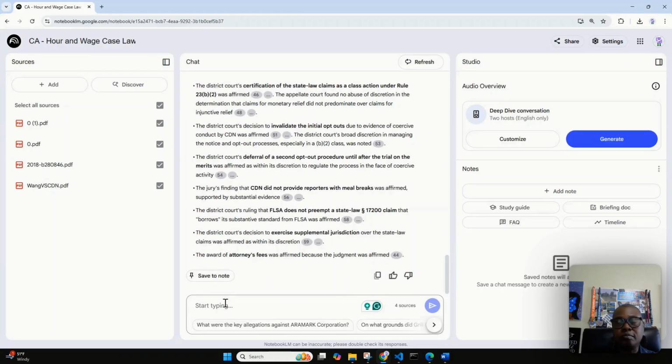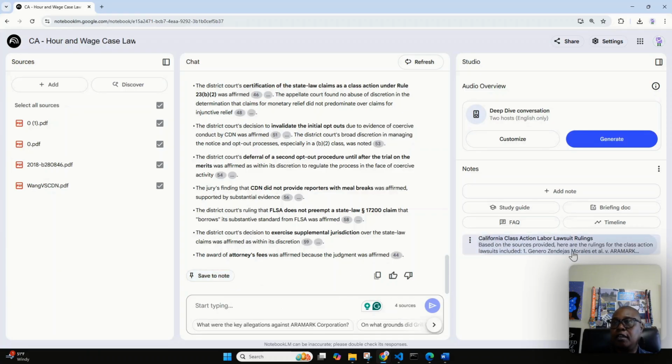Okay. Let's ask, and let's do save to note. Let's see what that does. Okay. And here is the note. When you click save to note, it puts it over here in your notes section. Okay. Awesome. Now, the next thing that I want to do is I want to say, let's use